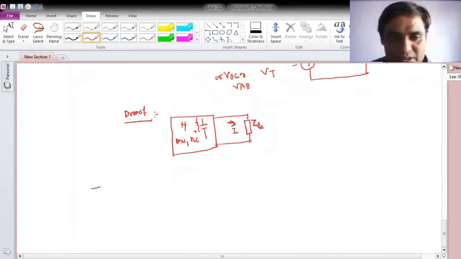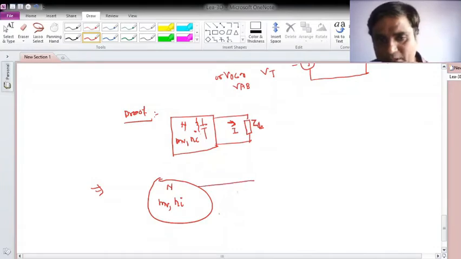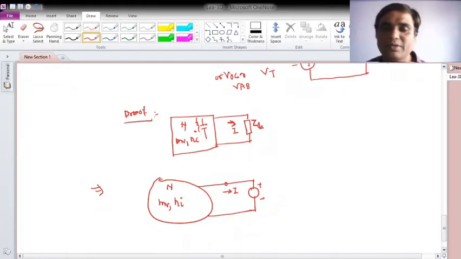If this is the case, then how can I write? I can redraw it. Suppose this is my network, with m number of voltage sources, n number of current sources, and everything, and then this is replaced by a voltage generator using the compensation theorem with this polarity, and this is the terminal behavior at AB. This should be replaced by a voltage generator, and what should be the value? The value should be I with ZL.